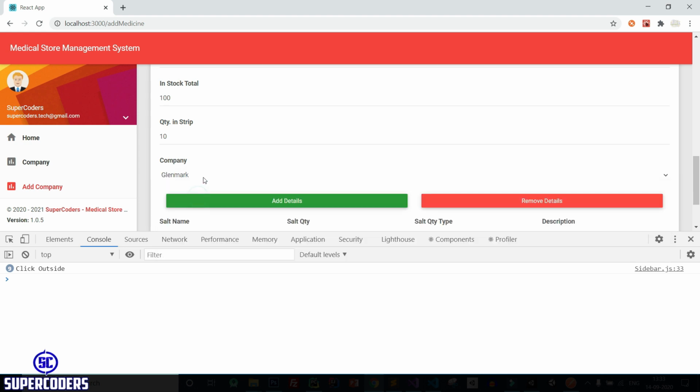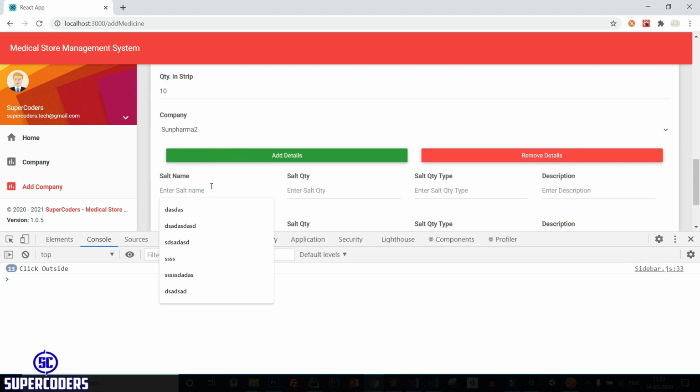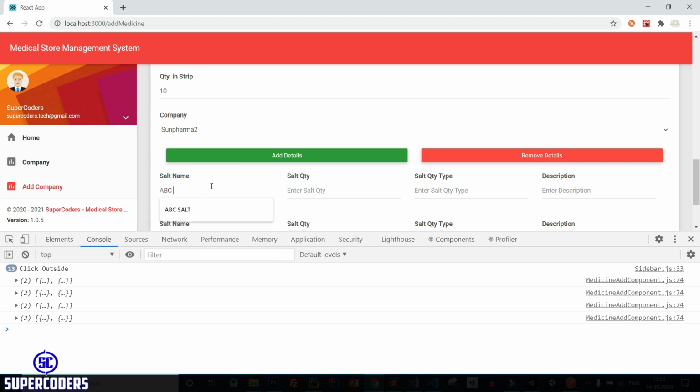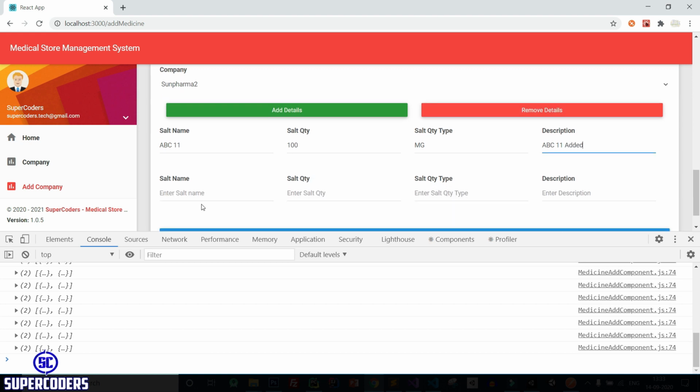Sun Pharma, add details. Let's add detail ABC11, quantity 100, quantity type MG, description ABC1 added, ABC22 name, quantity 100, quantity type GM and description equal to ABC22 added.